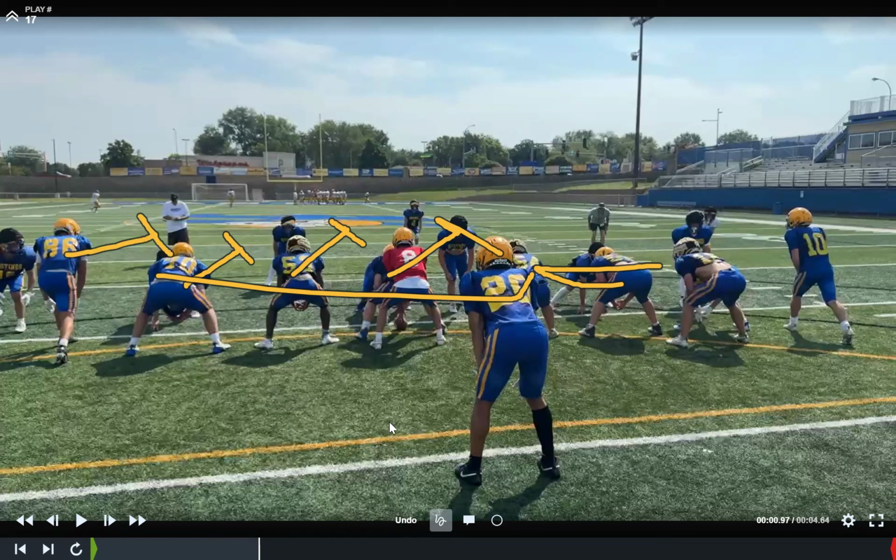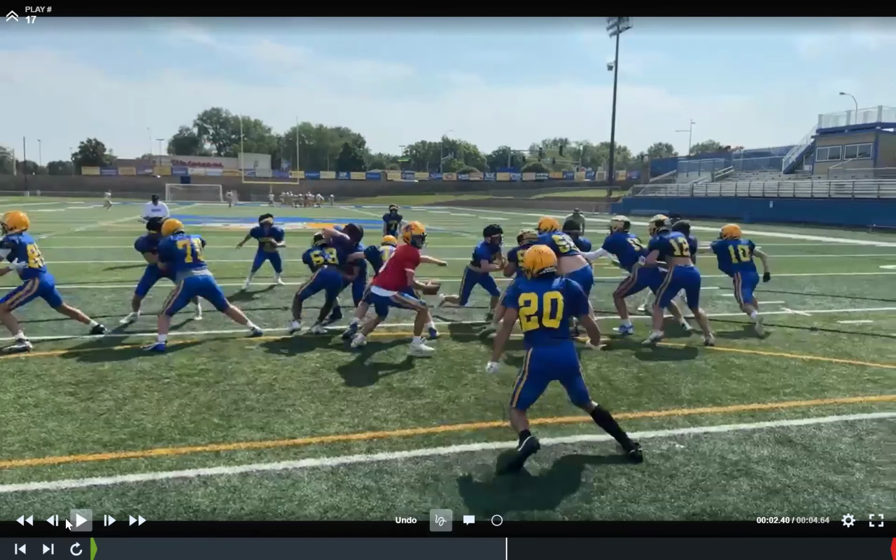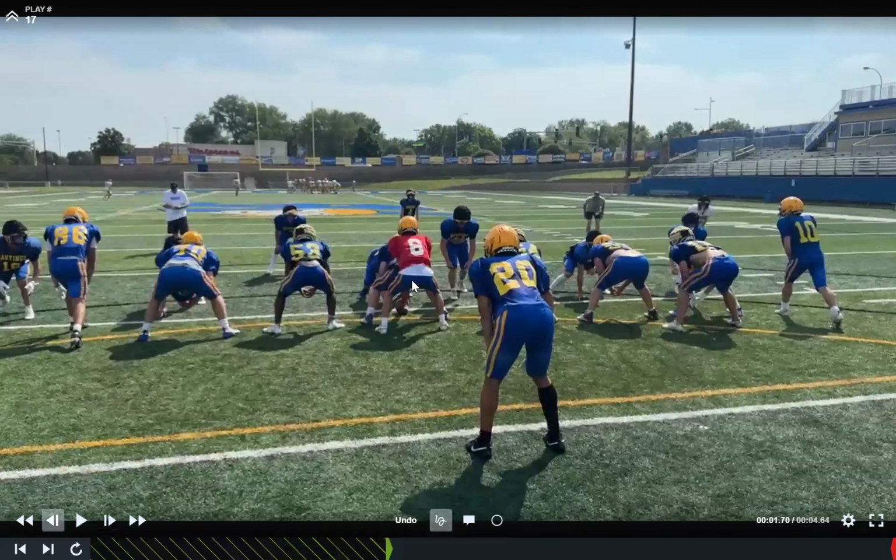Now, if there's no one threatening our gap, then we can make a double team call to get two guys on one. But if there is a guy threatening my gap, I have to make a down call. And we have to just step down and block our gap. And this doesn't happen in this situation here. So as we watch, our center stays here on the nose.